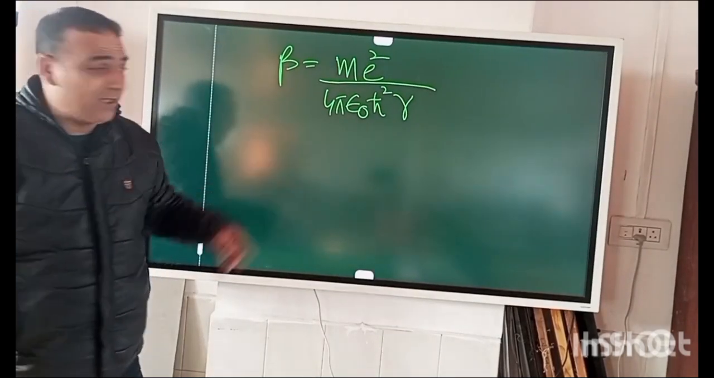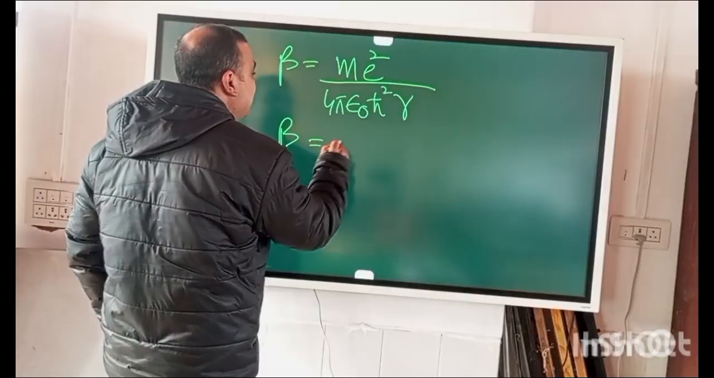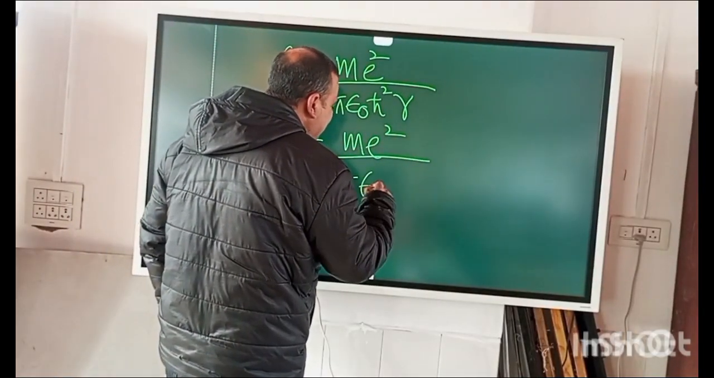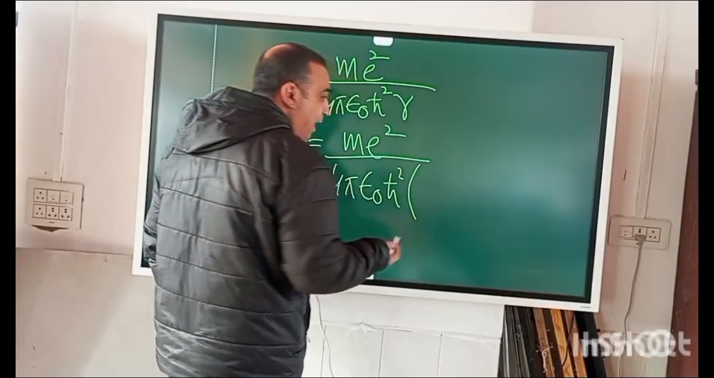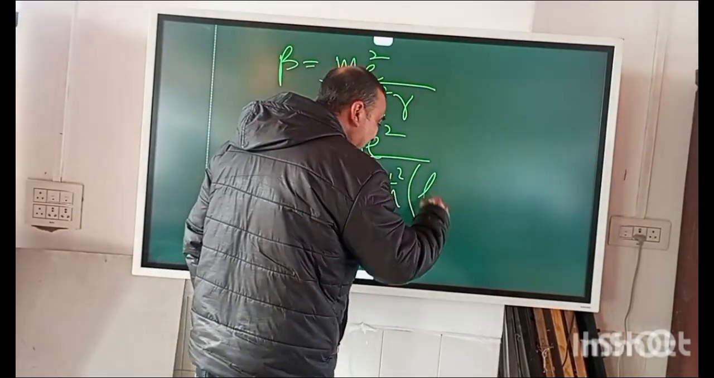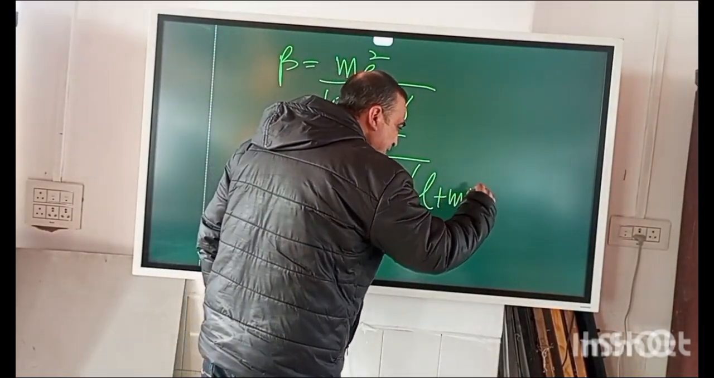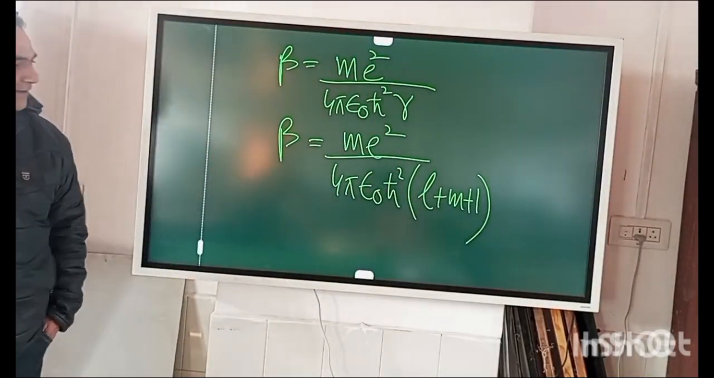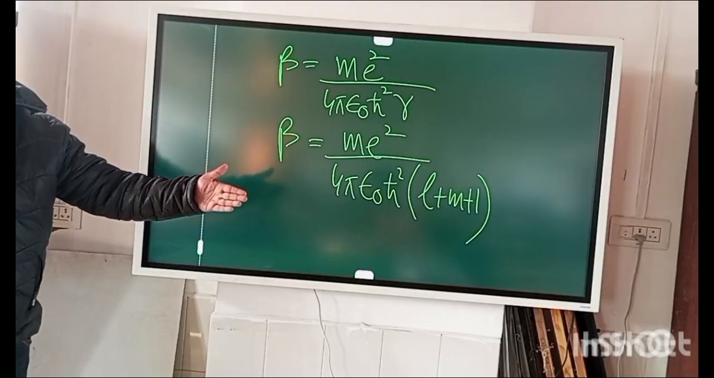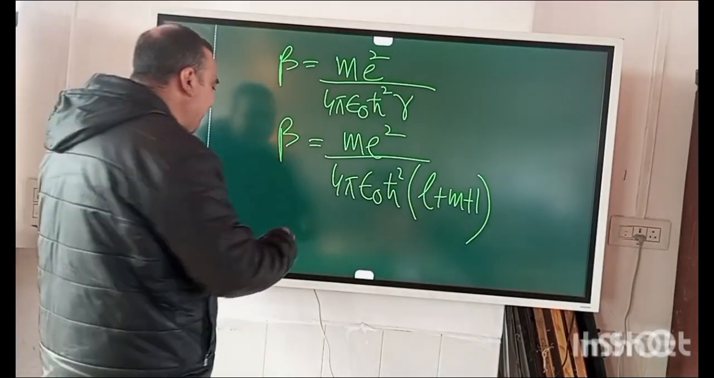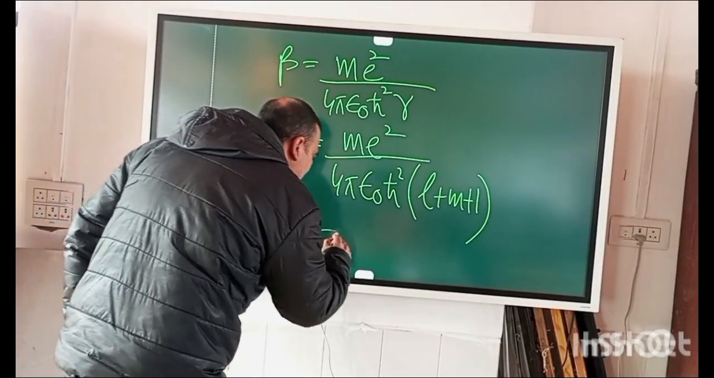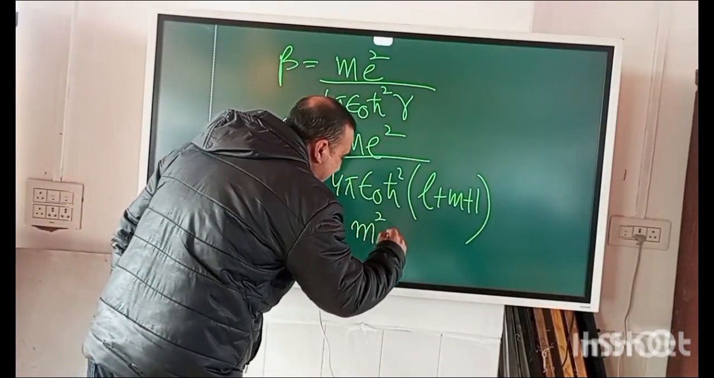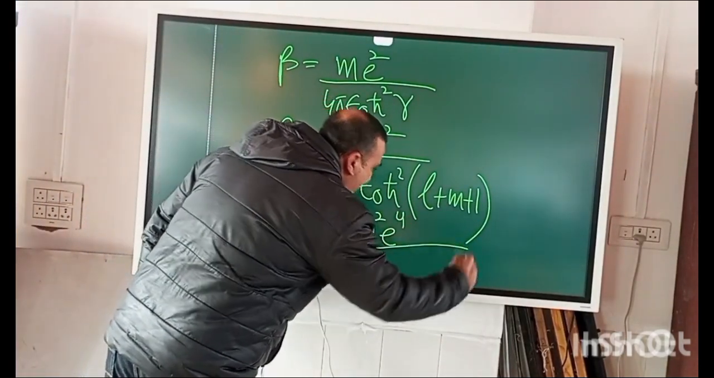But what is gamma? So this beta is m e squared by 4 pi epsilon naught h bar squared, and gamma is L plus m plus 1. Right? Can I square on both sides? If I square on both sides, what will I get? I will get beta square is equal to m square e to the power of 4 divided by